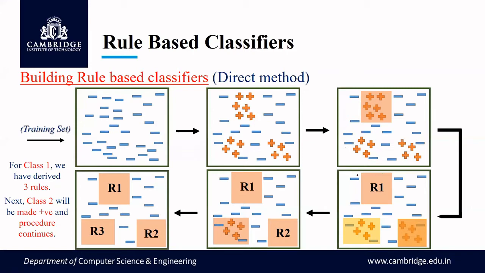observed that whenever a particular rule is identified, in this case when R1 is identified, I had told that we have to remove the records that belong to R1. So once I have identified a rule R1 here, and we know the procedure how to identify this, right? So now I have identified the examples to be covered under R1.